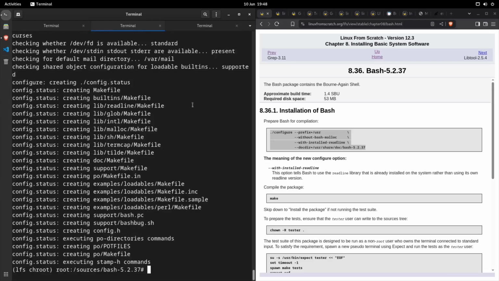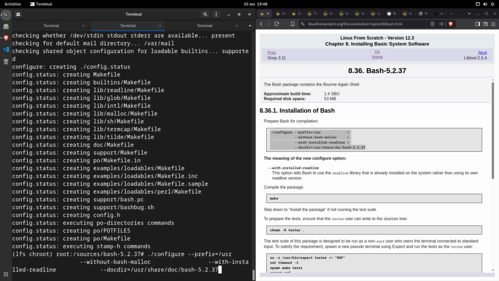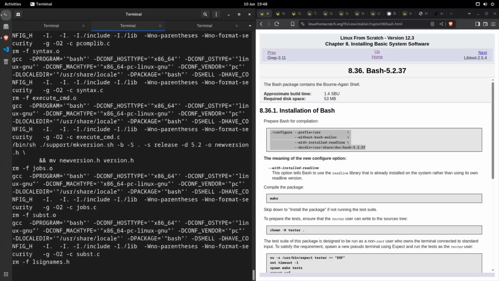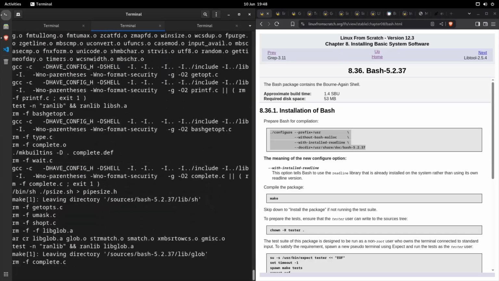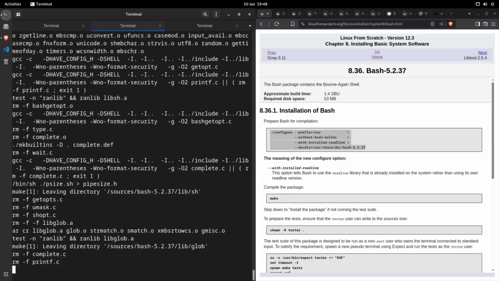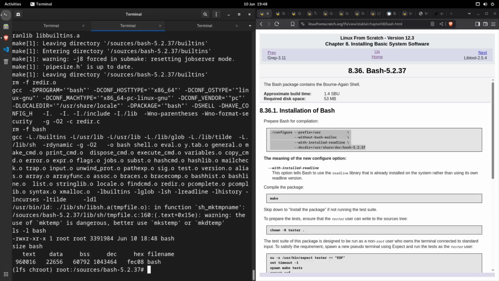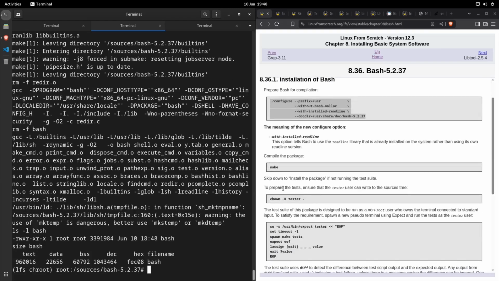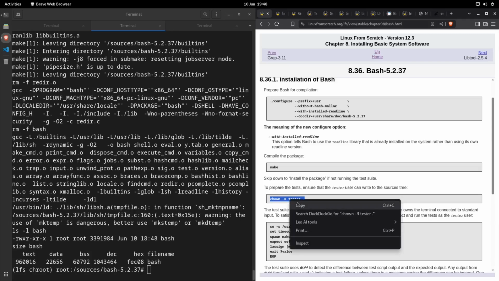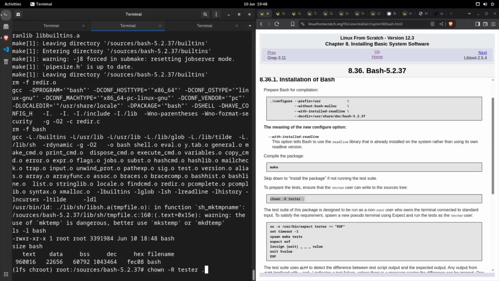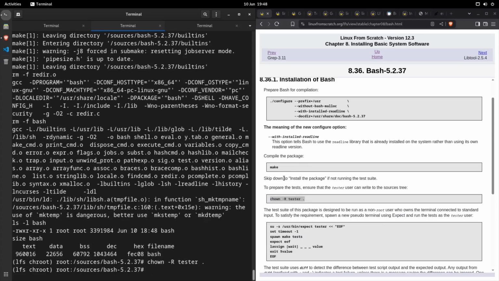Right, and then we're going to do a make. Yeah, we did a configure, yeah, make. Done. Okay, and this is similar for, basically it changes the ownership to a tester account, and